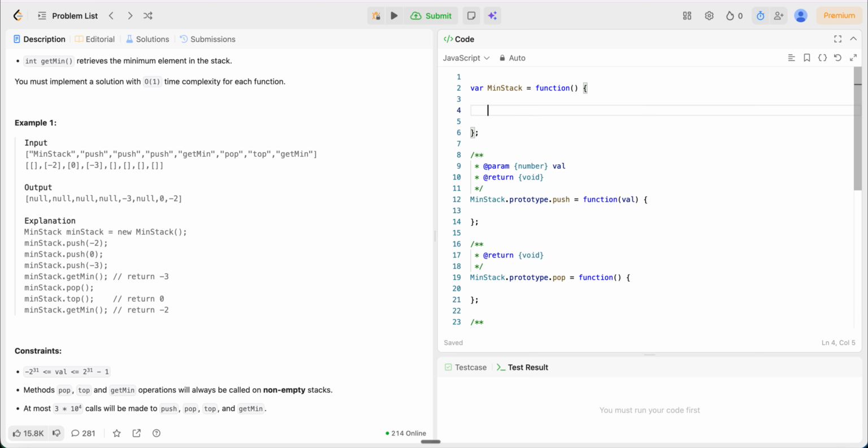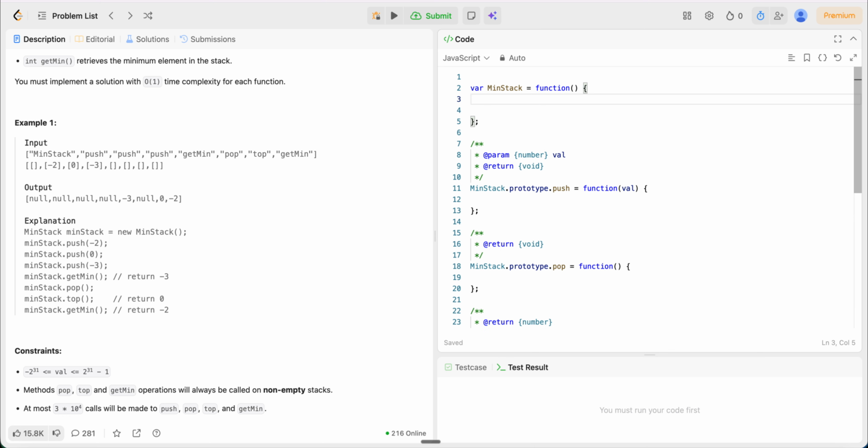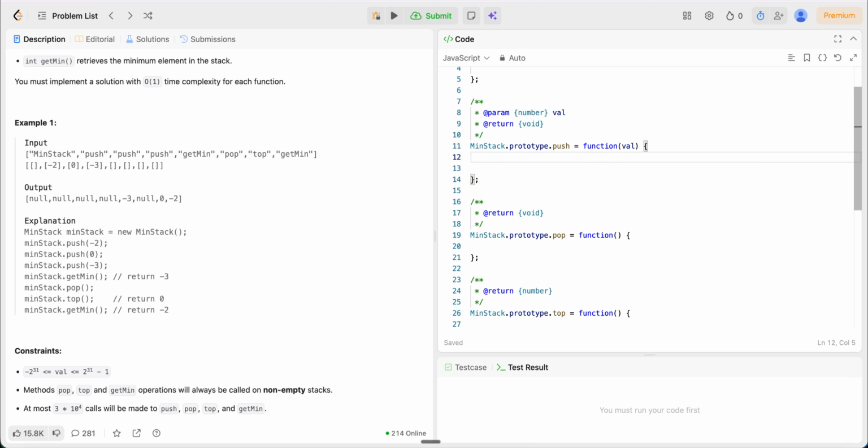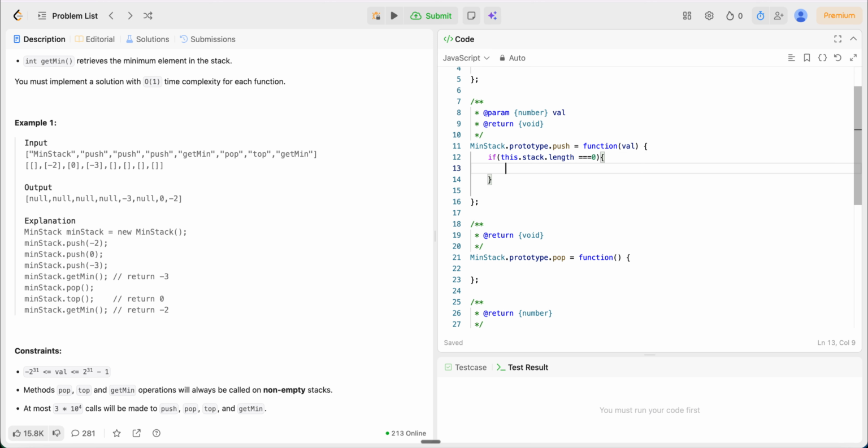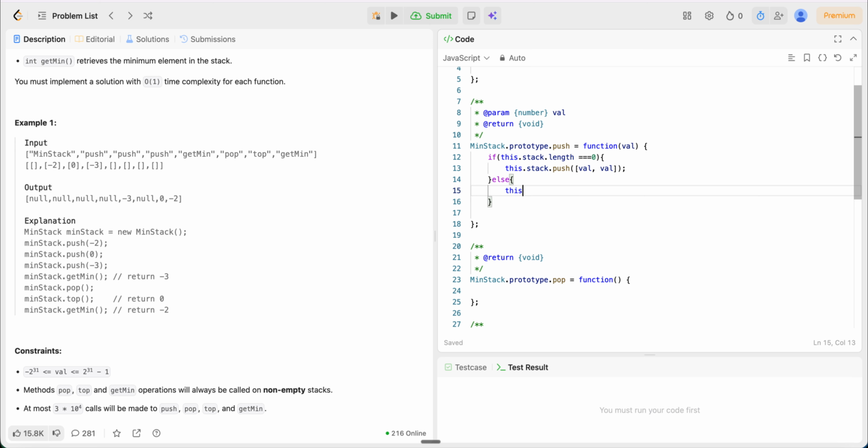So now let's try to implement it. In the MinStack initialization, this.stack is equal to an array. We're not going to do much about it. Whenever we are pushing the value, if the stack is empty, that means we do not have any elements in our stack. Then what will I do? I will just push value comma value, because if no value has been seen so far, that is the minimum value. Else